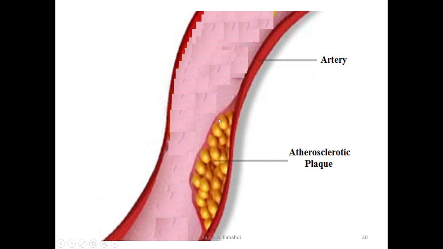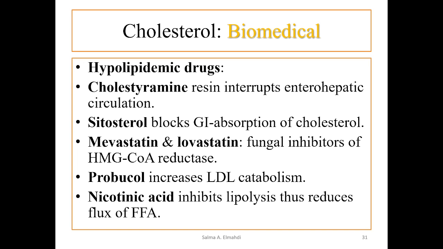It can get bigger, it can lead to stenosis and narrowing of the lumen, or it can detach, because after some time the structure will be loose. Detachment of this plaque is very serious because it can travel with the blood flow to distant structures. For example, in the brain, it can block an artery, leading to stroke. So that is why